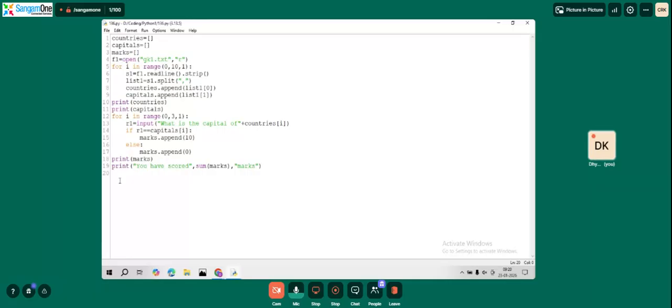So for i in range(0, 3, 1), if marks[i] equals 0,